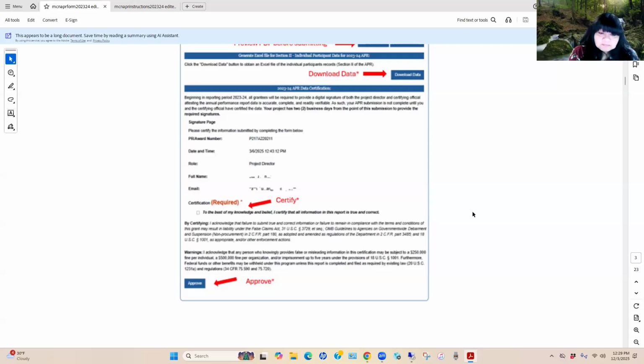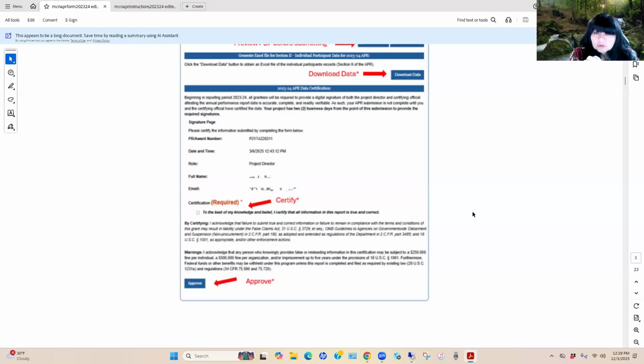Okay, so once this is done by the director, that will forward a message on to the certifying official to let them know that they need to sign in through trio.ed.gov, go through the login.gov authentication, and then log in to this annual performance report.